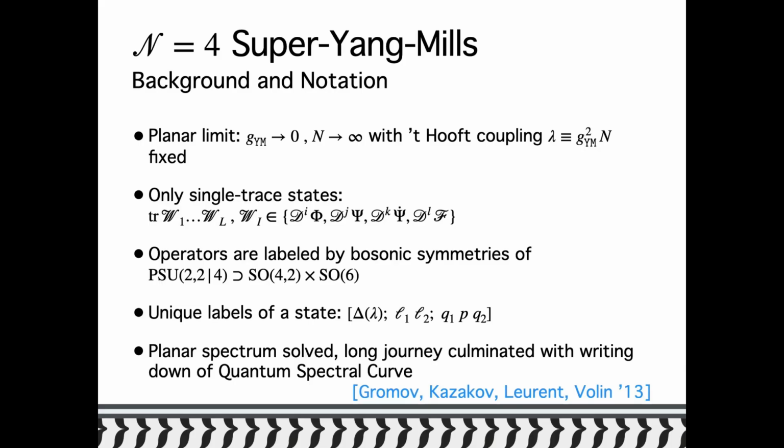Now, out of these 6 numbers, 5 of the numbers are integers or half integers: L1, L2, Q1, P, Q2. However, the 6th number, which is the dimension, in general could be a non-trivial function of the 't Hooft coupling. So unless there is some reason why the scaling dimension is protected, in principle, a state could have some anomalous dimension. And this is the place where the planar limit